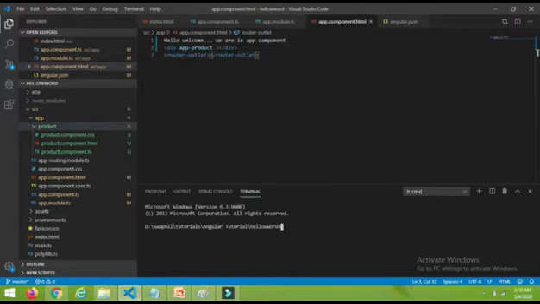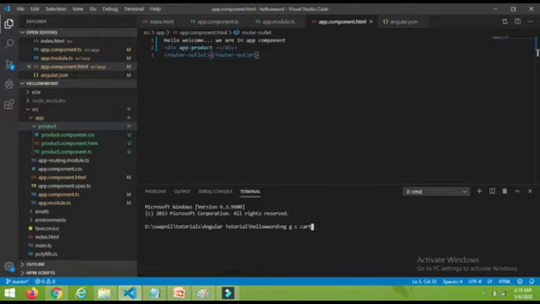We have the command ng g for generate, then c for component, and after that give the name, whatever you want. I want to give the name as cart. By default it will append the word component, so it will create the cart component, right?